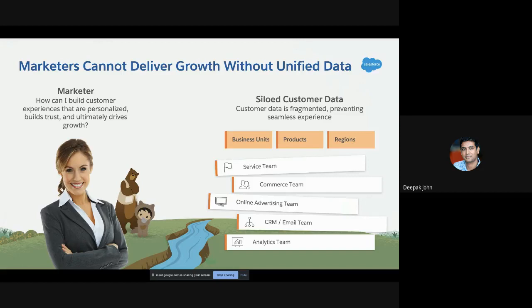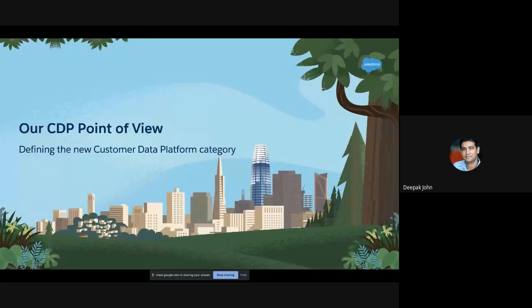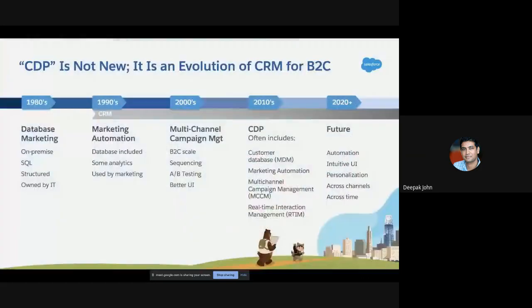So in the next set of slides, I want to walk you through what Salesforce's view on what the CDP is, a customer data platform. We all love acronyms, customer data platform, and what we see the evolution is. Everybody suddenly has heard this new technology and this new concept of a CDP, but it's not really a new thing, if you think about the natural evolution of how it's gone through. I've been privileged to be part of this journey for a while. Not that it shows my age or anything, but I've been part of this journey when we were starting to think about the master data management solutions back in 2000.